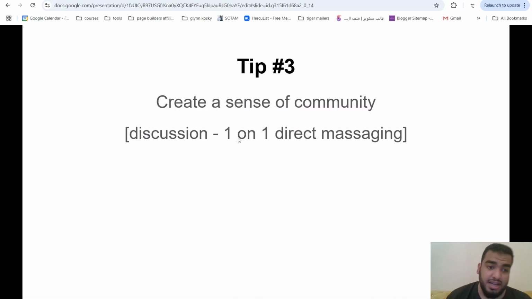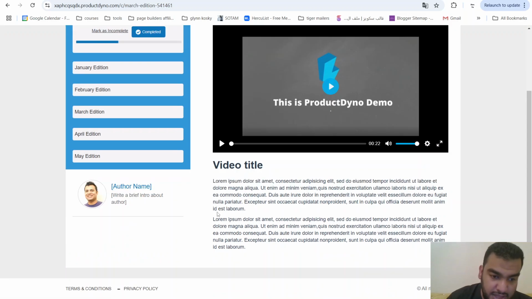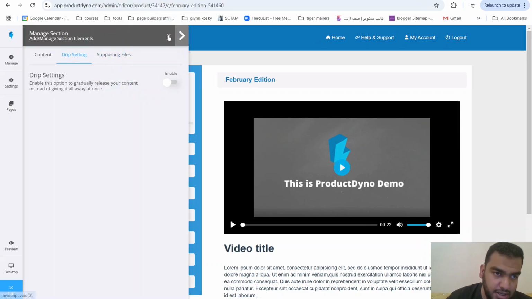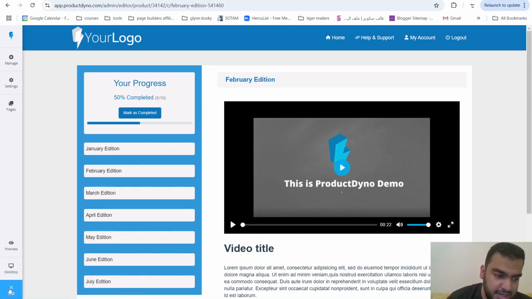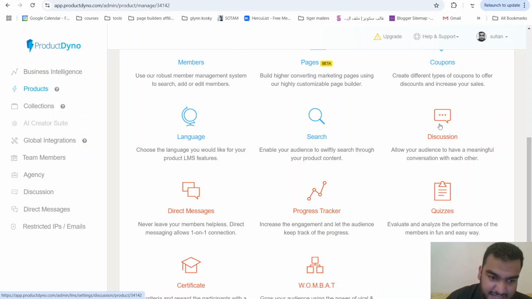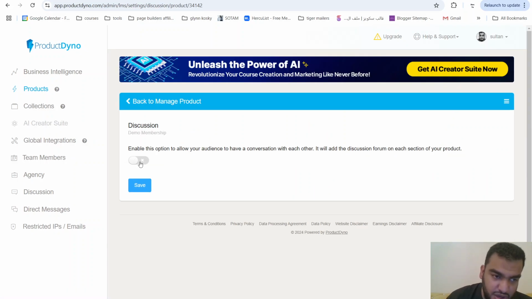Tip number three is you want to create a sense of community. You want to add some discussion area, a one-on-one direct messaging, and so on. So you can also do it with product dino. So if this is the March edition section, you want to go back, you want to exit out of this content designer, scroll down, and you will find the discussions. Okay, you want to enable this,